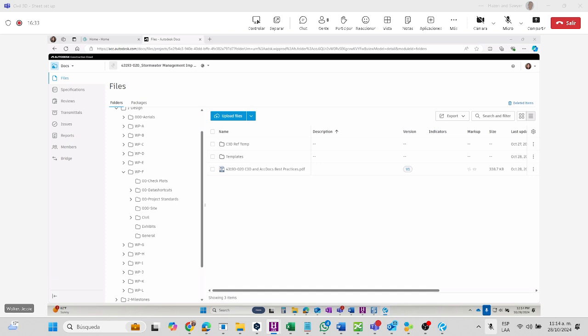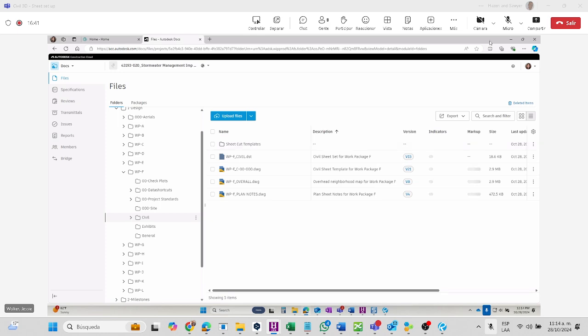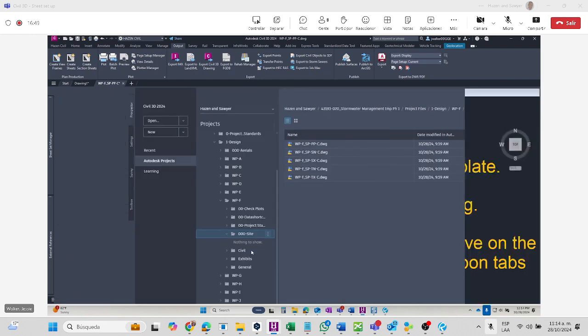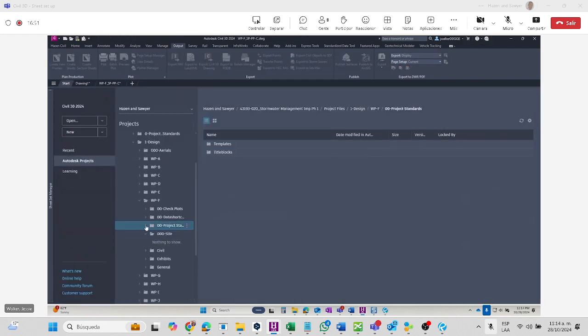So first thing we need to do is basically create a sheet template. And basically what that sheet template looks like is, I'll just open it and show it to you. We're opening everything from the Start tab. So project standards, templates, oh, sorry, civil,